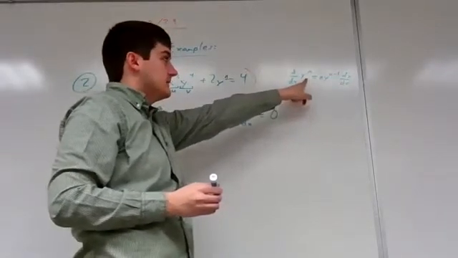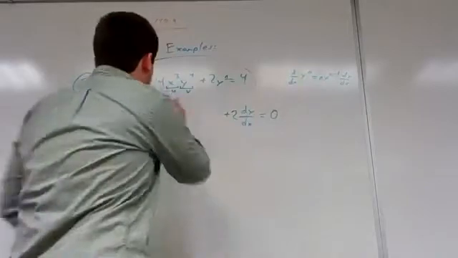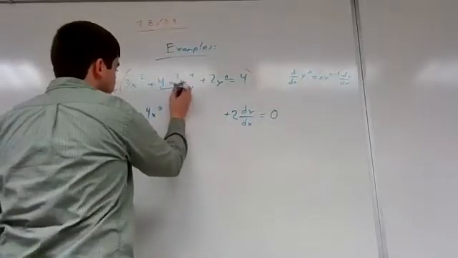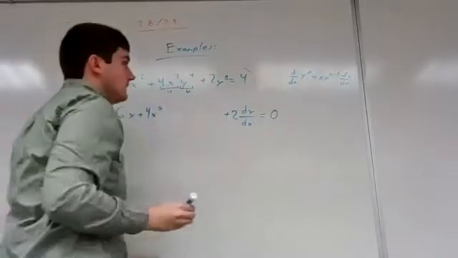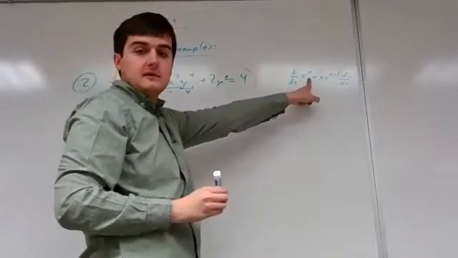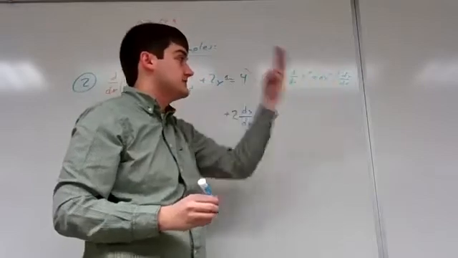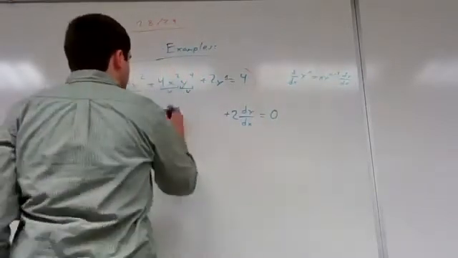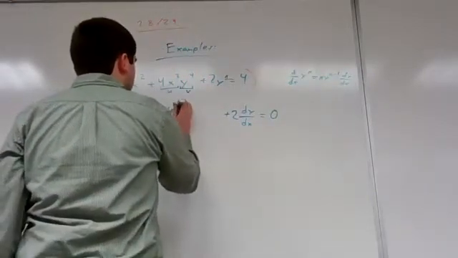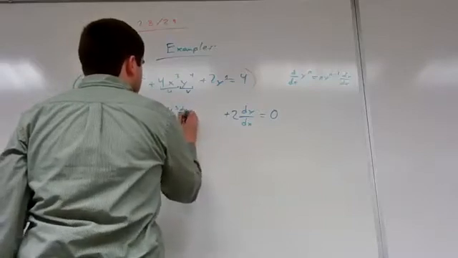Actually, let me make sure I include this 4 inside this u. That'll be easier. Okay, the derivative of y to the n power, and n is 4 in this case, we're going to bring the 4 down, y to the 4 minus 1, which is 3. So we get 4y cubed dy over dx